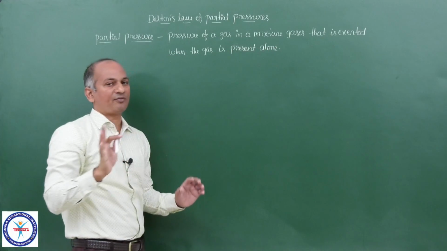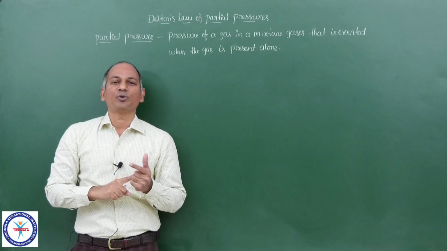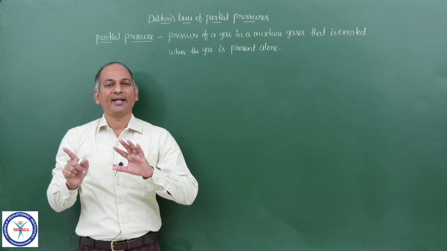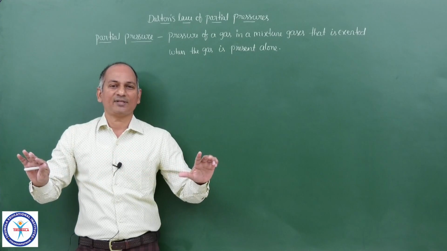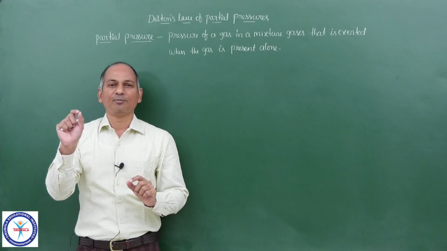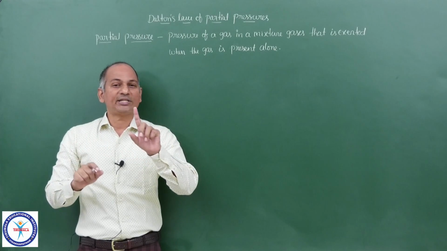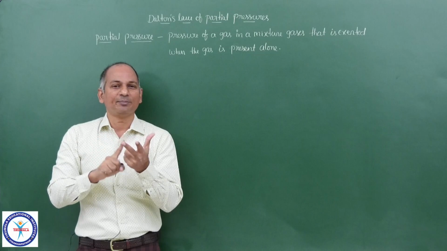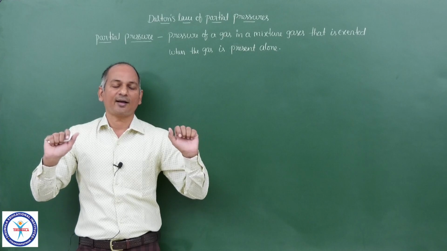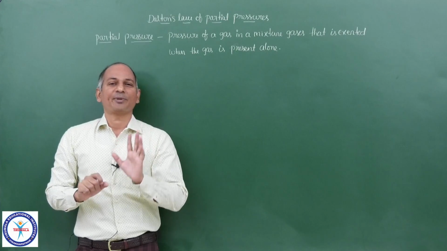Simple. Suppose we have a mixture of gases. There is nitrogen, there is oxygen, there is CO2. Now if you want to define the partial pressure of oxygen, just imagine nitrogen and carbon dioxide are completely evacuated from that vessel. Just imagine, hypothetical. There is not a single molecule of nitrogen, not a single molecule of CO2. You don't change any other condition. No change in volume, no change in pressure, no change in temperature, nothing else. Only nitrogen and carbon dioxide are removed. Then what is the pressure of the remaining oxygen? That is the partial pressure of oxygen.